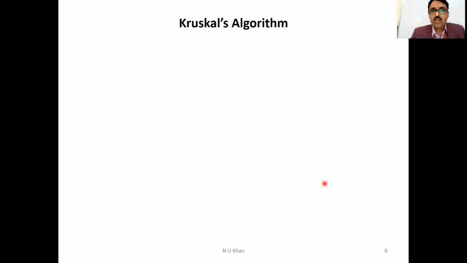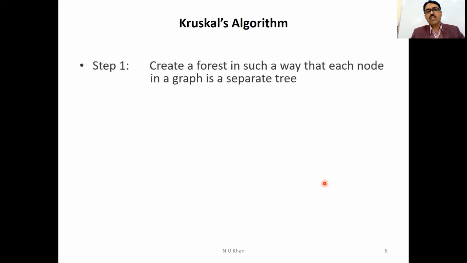Now, what is Kruskal's algorithm? In the first step, we will create a forest of trees, such that each node in the graph is a separate tree. आप पूरे ग्राफ में से एजेस को रिमूव कर दीजिए, so सिर्फ आपके वर्टिसेस बचेंगे, and those vertices are treated